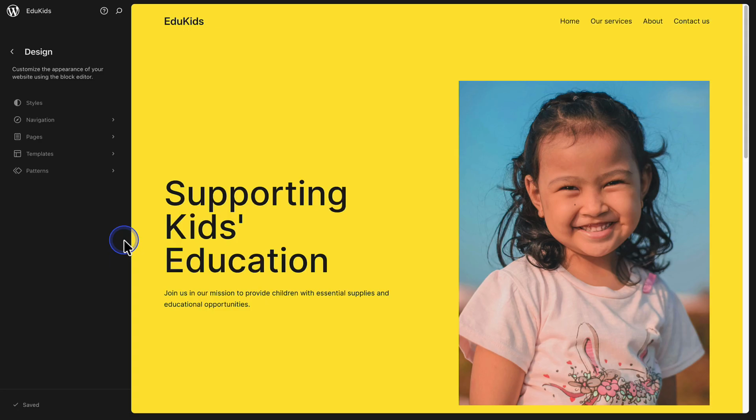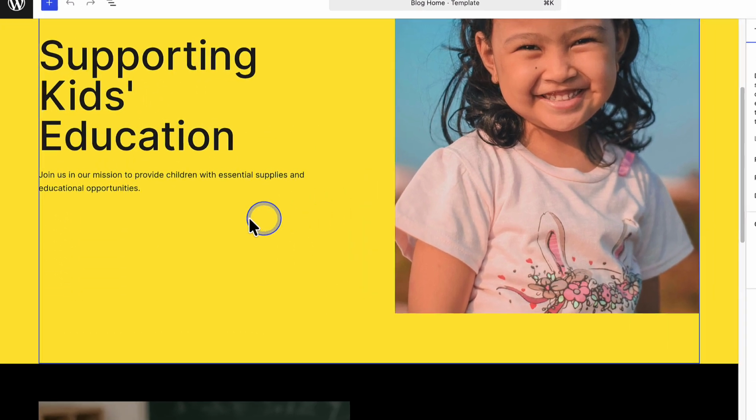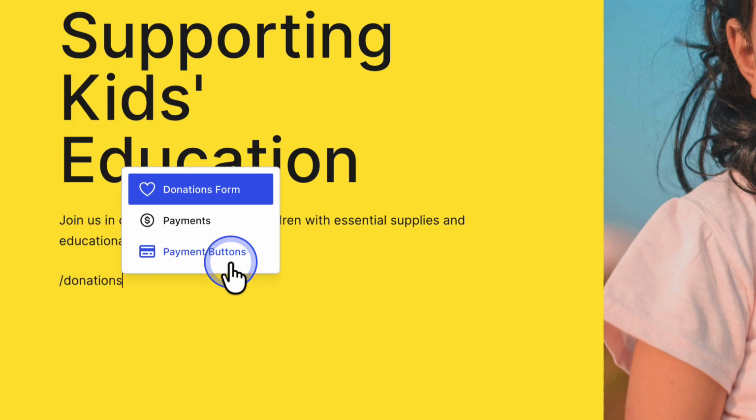To add the donations block to your site, visit your dashboard, navigate to Appearance, and click Editor. And then open the relevant page you want to add your content. In this case, the home page. Locate where you want to add the donations block, and then we can use the shortcut /donations and insert the